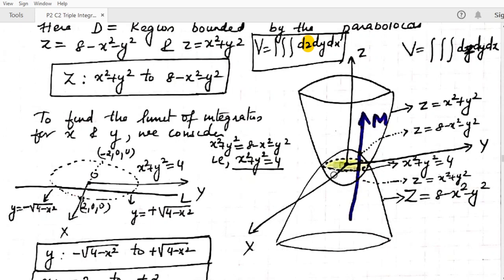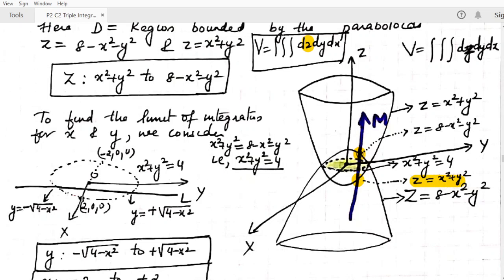We see that this is our region, and this line enters this region at this point and leaves this region at this point. So observing these 2 points, we will be finding the limit of z. So first let us see the initial value of z here. We know that this point is a point of this paraboloid, and the equation of this paraboloid is z equal to x square plus y square. So at this point, the value of z is z equal to x square plus y square.